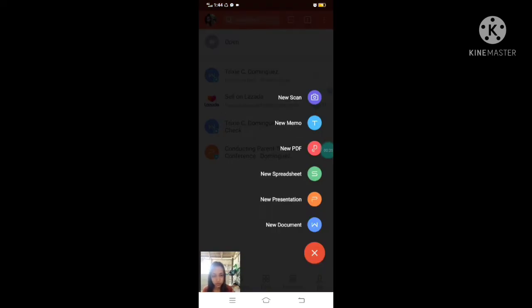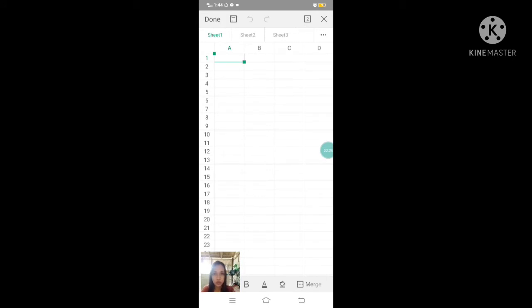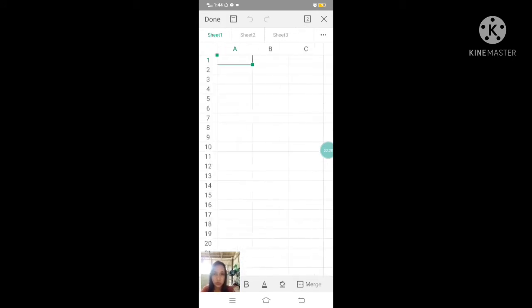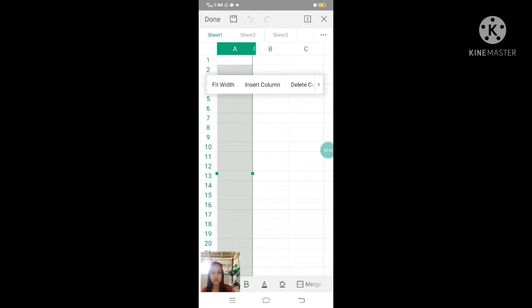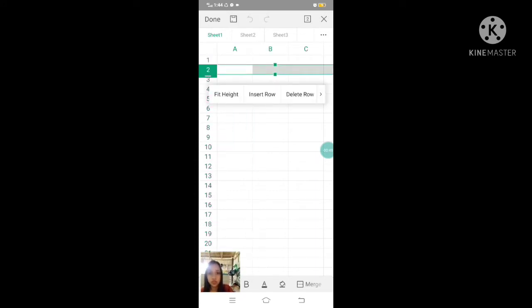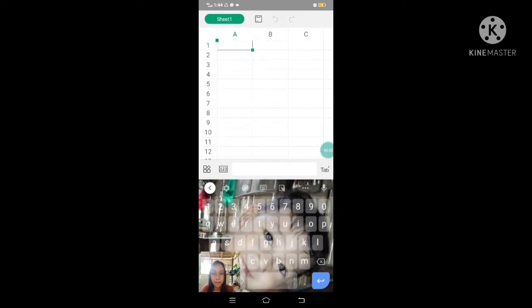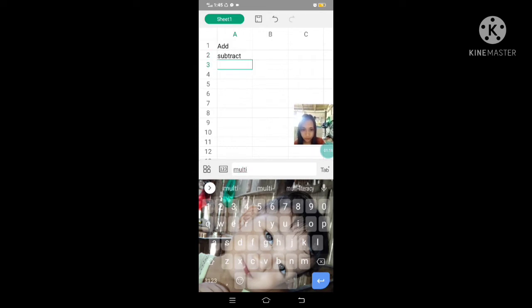Just click here. We're going to zoom in. When you click these letters, we call it a column, and these numbers are rows. So let's assume that in this data we are creating the words: add, subtract, multiply, divide,